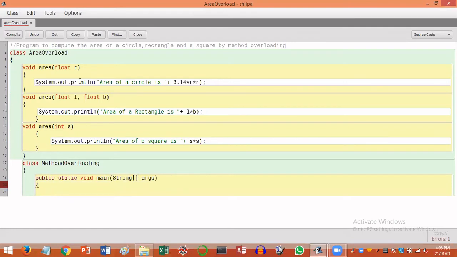So here I'm going to create an object of this AreaOverloaded class by writing AreaOverloaded object equals new AreaOverloaded, and then I'll call a constructor.